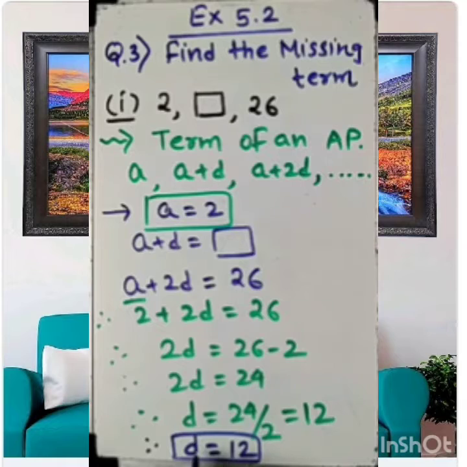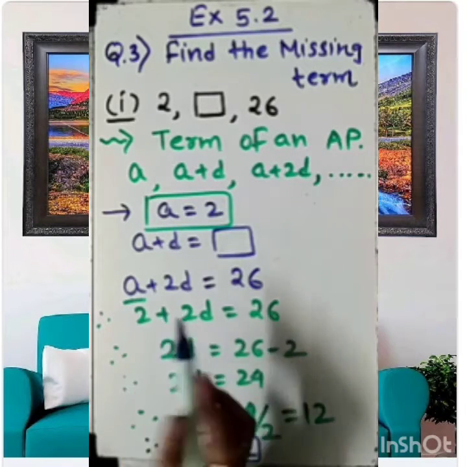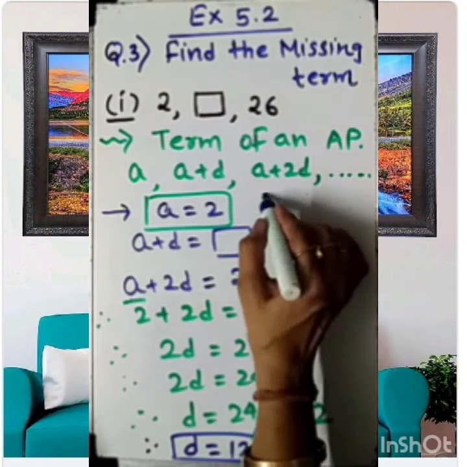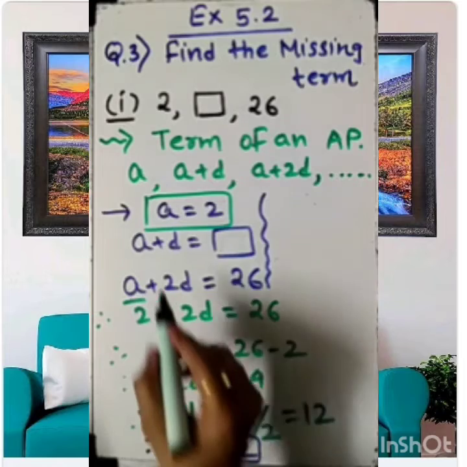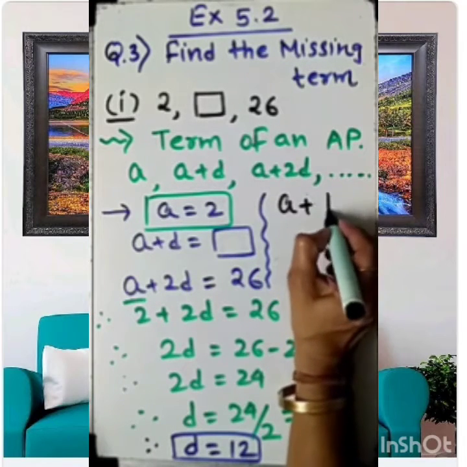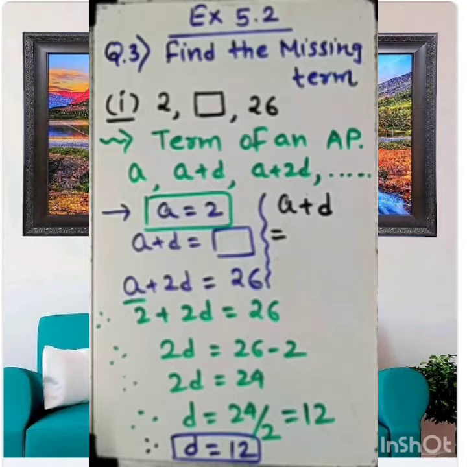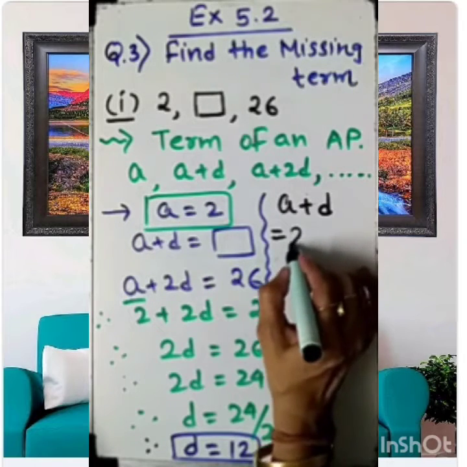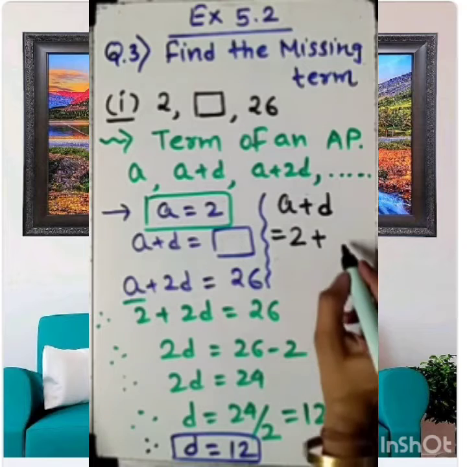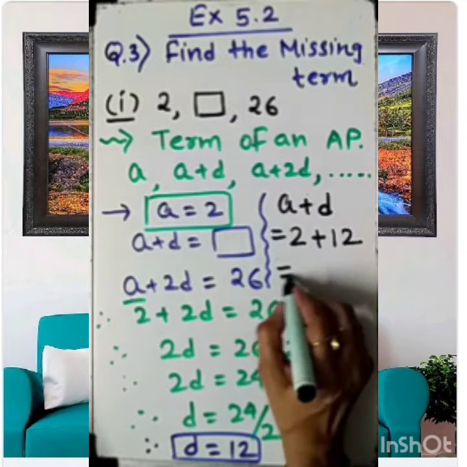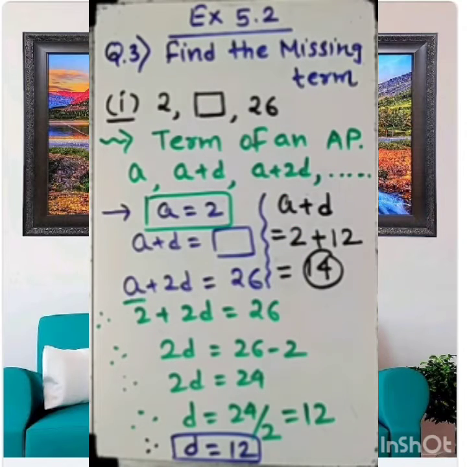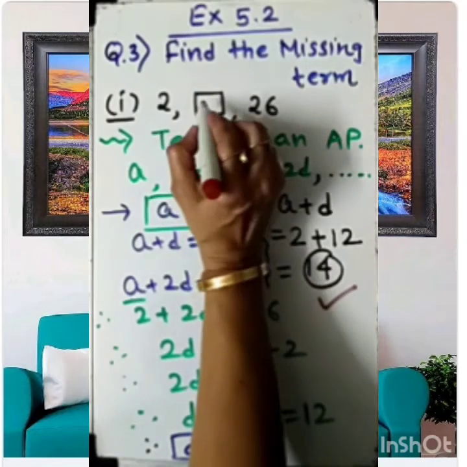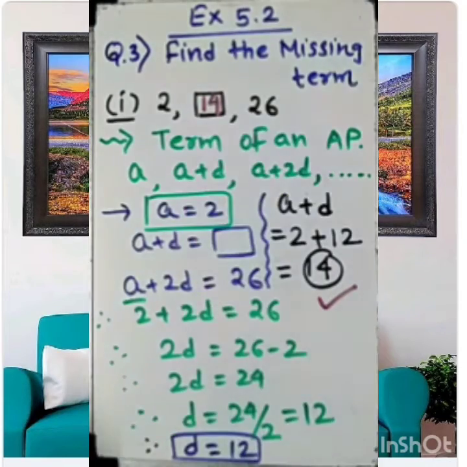As we want to find the second term of this AP, how to move with that? Very simple, I am solving it here only. The second term we have to find is a plus d. We already have the value of a, that is 2, and the value of d, that is 12. We know 2 plus 12 is 14. So, dear student, the missing term is 14. Clear to you? So here I am mentioning for this term, this is 14. This is the answer.